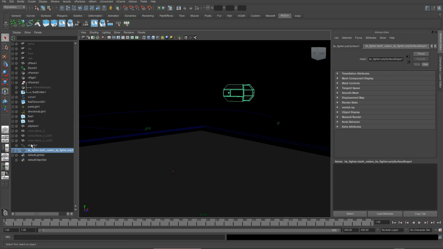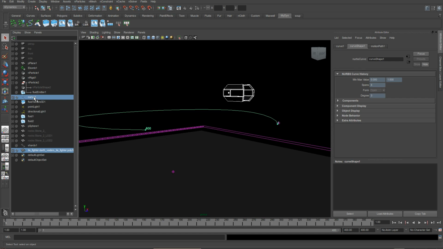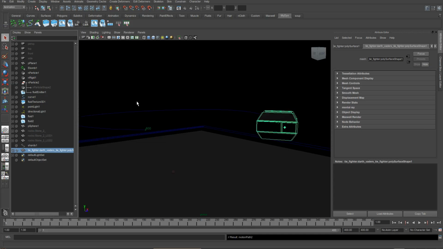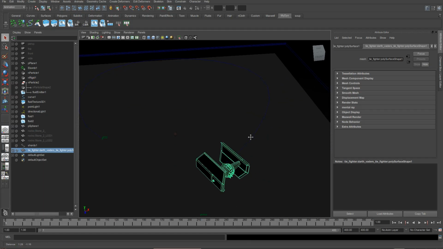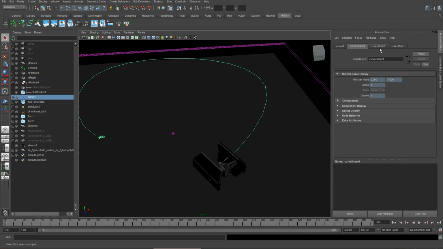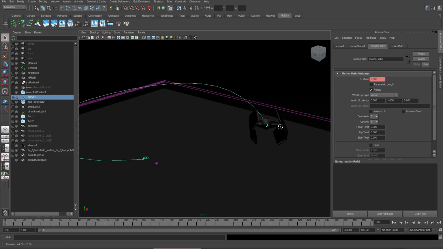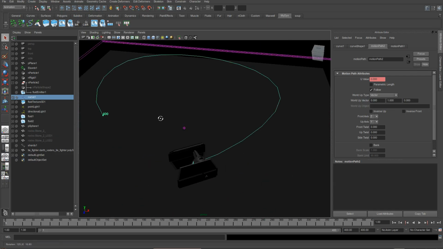I will then select our motion path, which is our curve here, and under the animation menu I want to go to Animate, Motion Paths, Attach to Motion Path. Now as you can see, this is not attached in the right way, so if I select the curve here, Motion Path 2, Motion Path 1 is the settings for the emitter, and I want to change the front axis to probably Z. Let's just make sure that's orientated in the right way. Play it to make sure it's